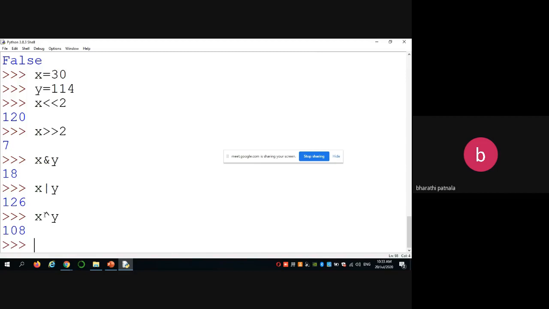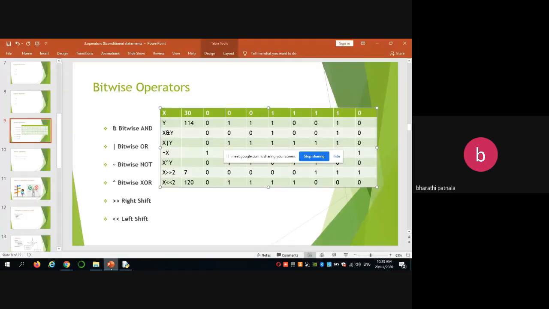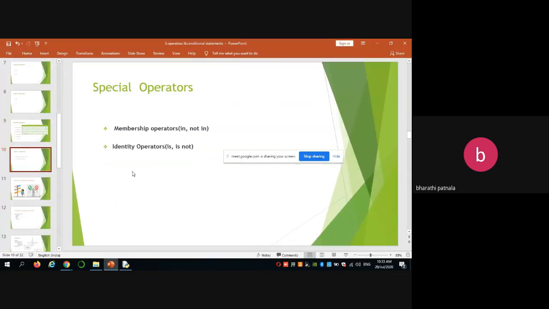Similarly, we are using identity operators, special operators. The special operators are identity operators and membership operators.